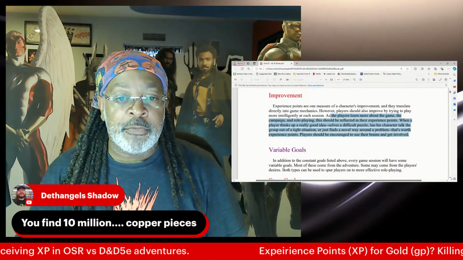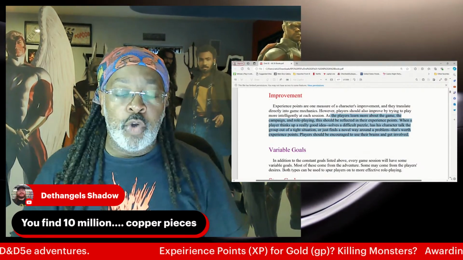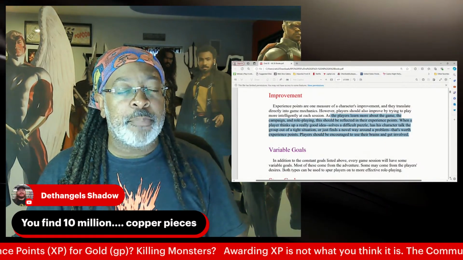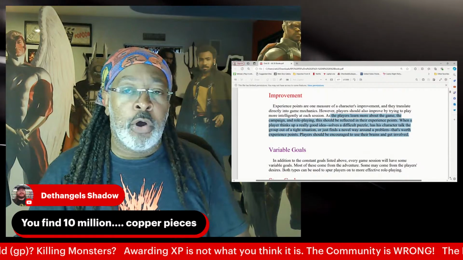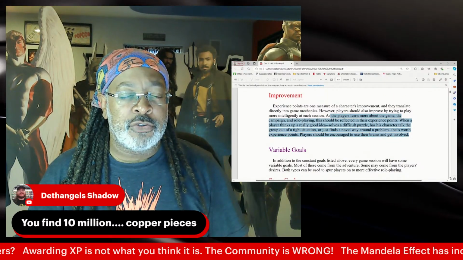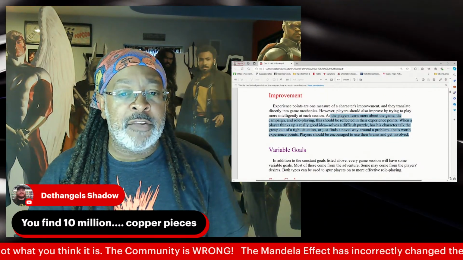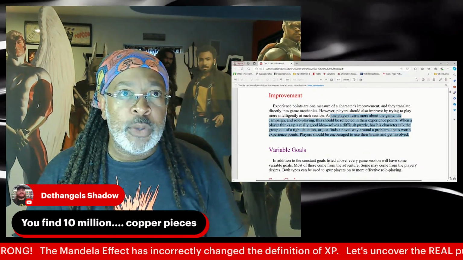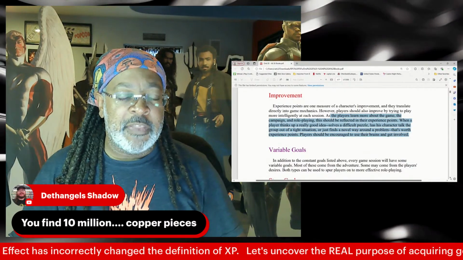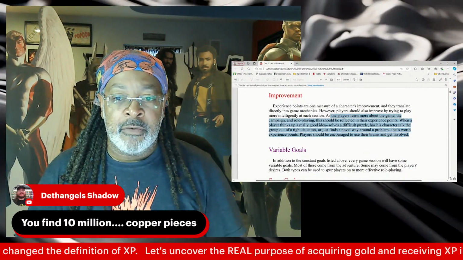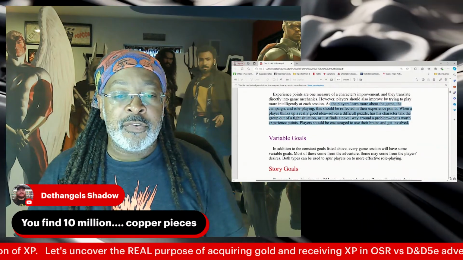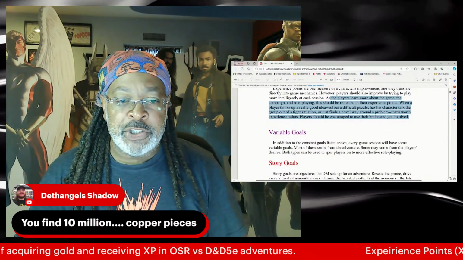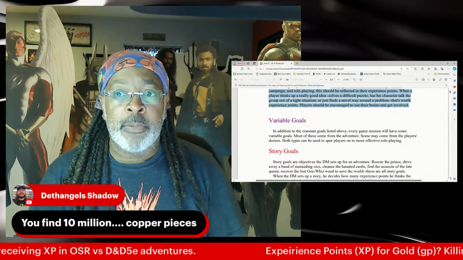In other words, there's a difference between I walk in the room and make a perception check, what do I see, versus I take my 10-foot pole and lift up the tapestry on the wall, I poke the small box off of the dresser, I move the bed aside and see what's underneath the bed. I pull the carpet back slowly with a hook and ensure that anything under the carpet doesn't spring up at us. Right? It's getting involved, solving a difficult puzzle, has his character talk the group out of a tight situation, finds a novel way around a problem.